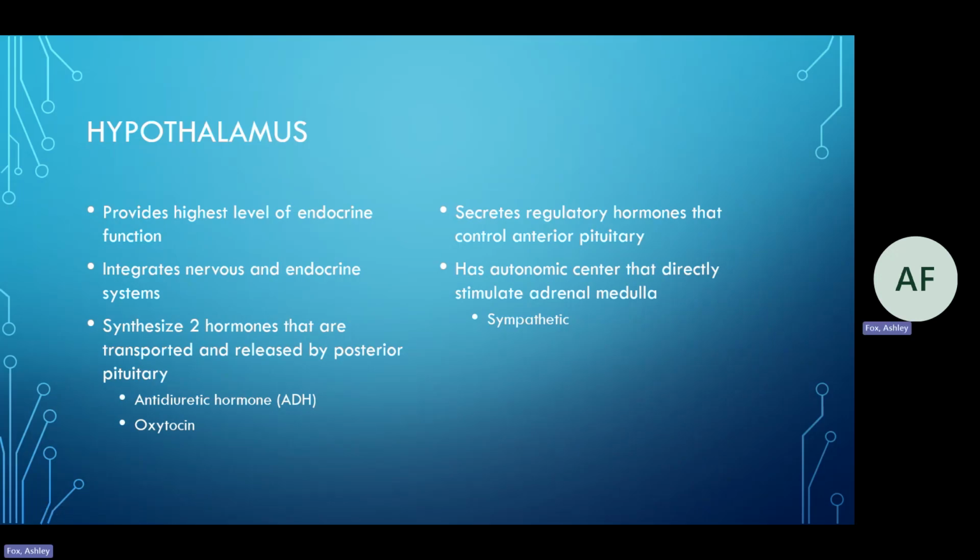Starting with the hypothalamus. So now talking more about endocrine organs. The hypothalamus, again, is part of the brain, so it is the nervous system and the endocrine system. They're both, so again, it's a neuroendocrine gland or neuroendocrine system. So nervous system, endocrine. The hypothalamus itself is going to make two hormones that are moved into and released by